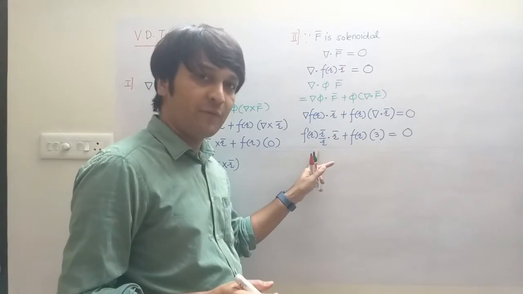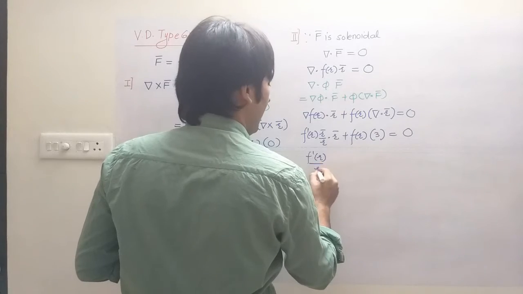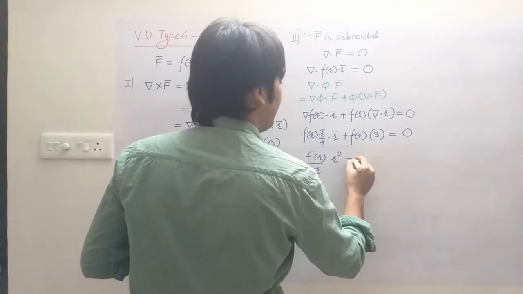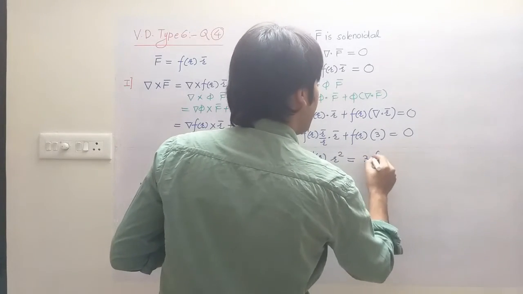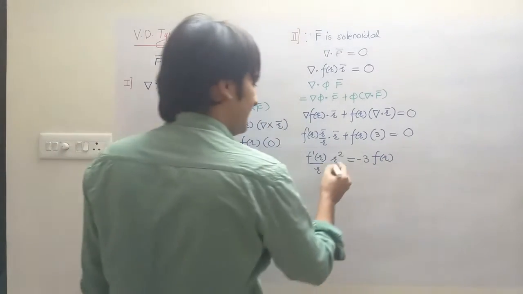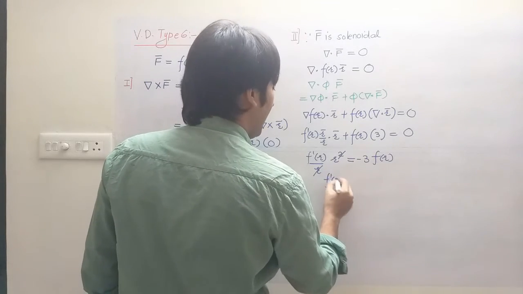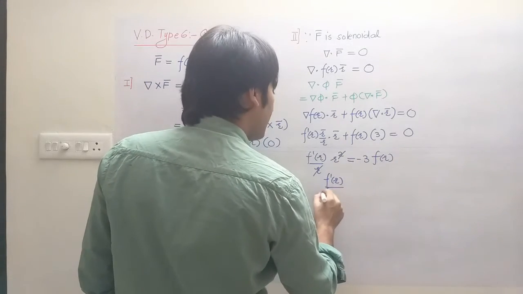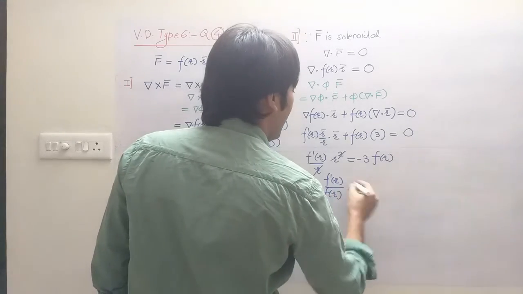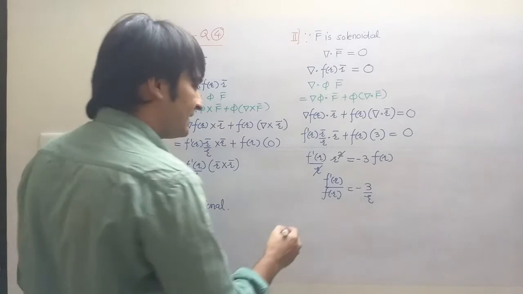And this is the f of r formula. Now check. F dash r upon r, what is r bar dot r bar? R square. I am shifting this one right, 3 f of r but minus. Next is r square upon r, cancel. I will rewrite f dash r as it is, on the left. So f of r, what is left? Minus 3 and r on the right. Okay. And now I will integrate this.